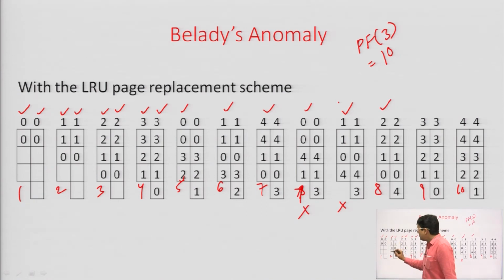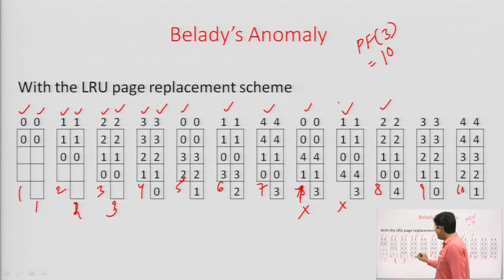this will be 0, a page fault, 1, there is a page fault, 2, there is a page fault, 3, there is a page fault, and then for 0, there is no page fault. So we just cross it. We are bringing the 0 on the top because this is recently referenced. For 1, there is no page fault, we are bringing the 1 on the top. For reference of 4, there is a page fault, so 2 will be sent back. So there is a page fault and the count of the page faults is increased to 5 now.